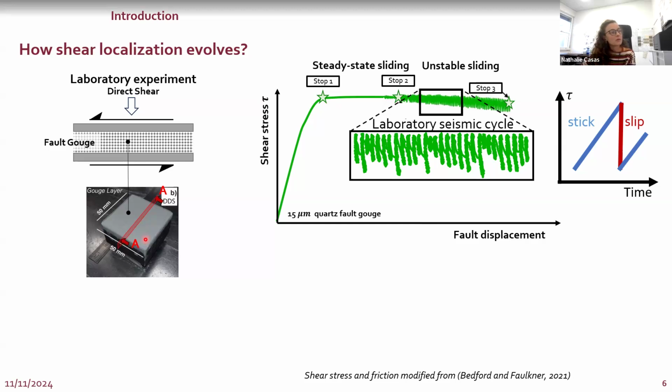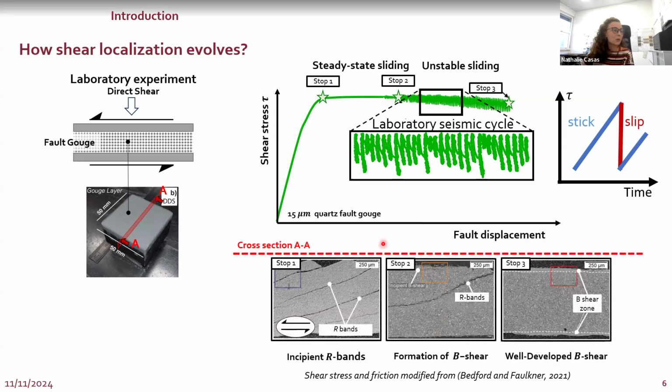I'll observe these microstructures at the SEM microscope. So here, what we can observe is that at stop 1, we have multiple Riedel bands oriented at the same angle from the direction of shearing. Then when we reach stop 2, just before these instabilities, all the Riedel bands collapse into one main Riedel,